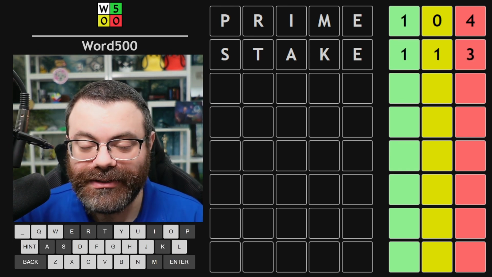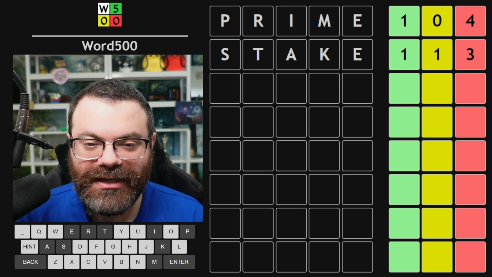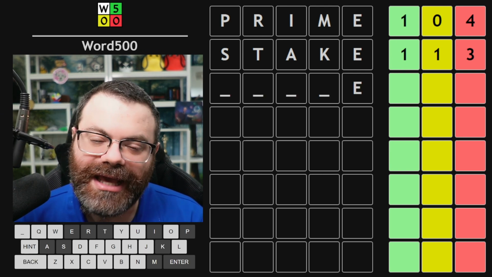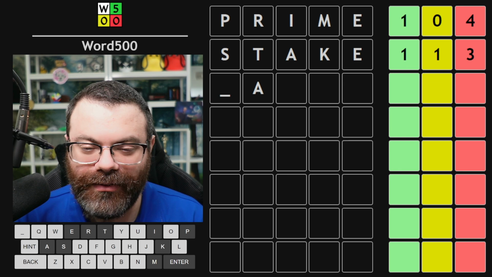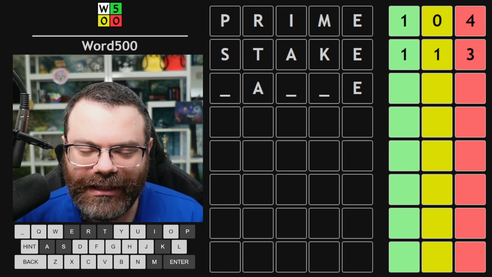All right, one yellow, and one green and one yellow. So I'm going to assume that the E was still correct. And then I'm going to assume the A was correct, just because vowel. And we're just going to move that. And